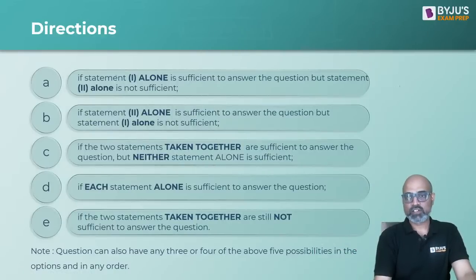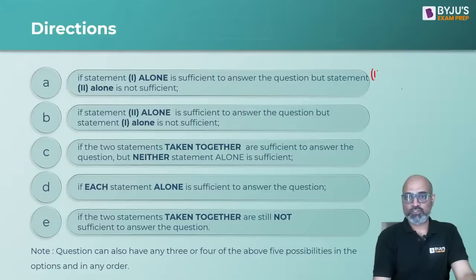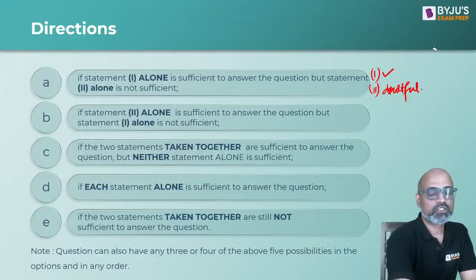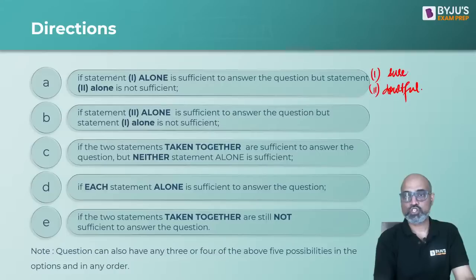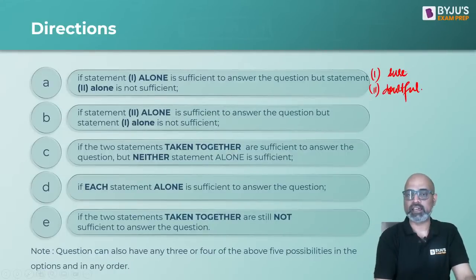So you have to mark A that from the first statement you will get your answer, and from the second statement you are doubtful. I put a tick, that doesn't mean yes. Tick का मतलब है you are sure. ठीक है, तो मैं एक काम करता हूँ, instead of tick I'm going to put the word sure. If you're sure that you will get an answer from the first but you're doubtful from the second, you'll mark A. B is just the opposite of it. Opposite मतलब first से doubtful हो